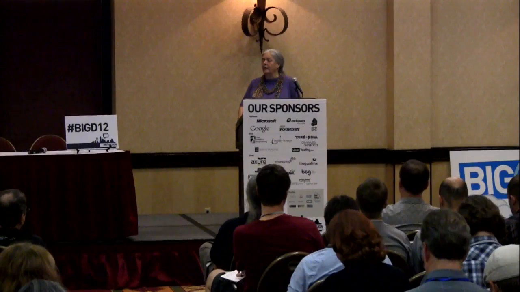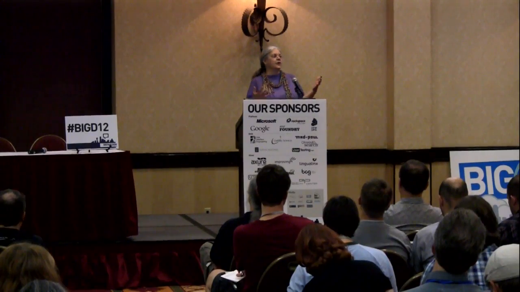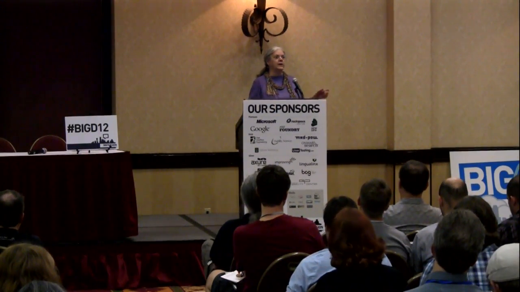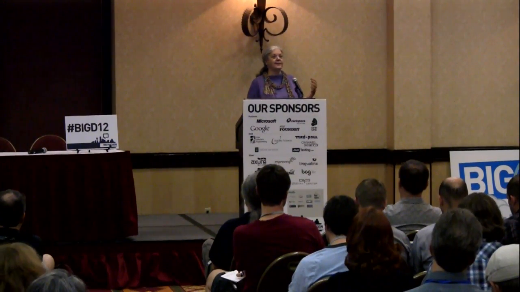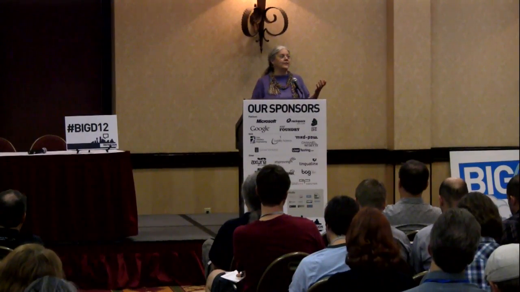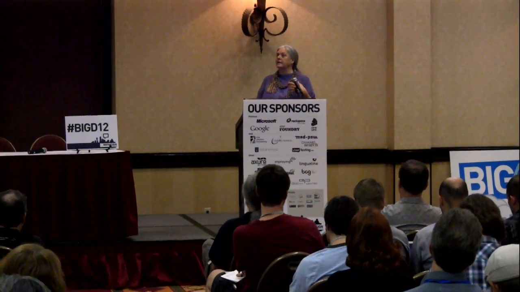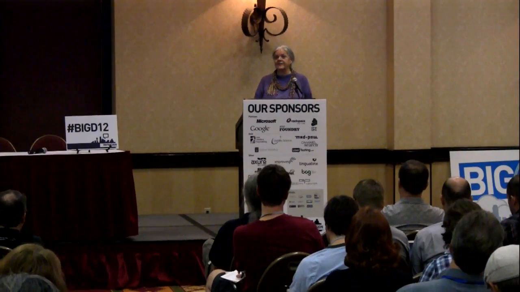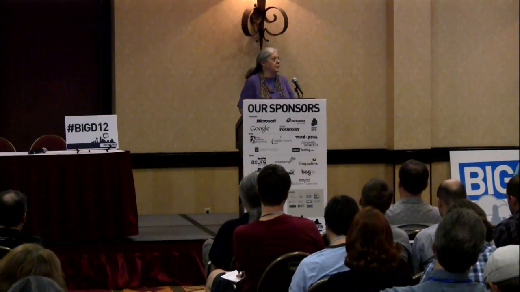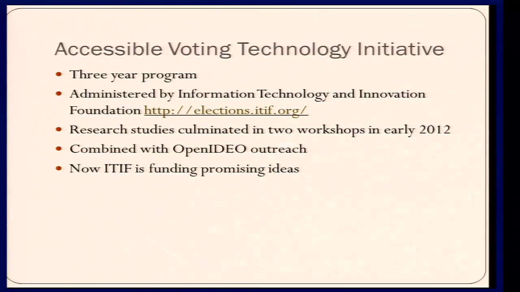And so what the Federal Election Commission did then is they started this whole initiative to help America vote. And one of those aspects was, do people with disabilities have equal access, especially as we introduce these touchscreen systems that weren't designed by Apple, and other kinds of electronic voting that cause certain barriers. Are the polling places themselves accessible to wheelchairs and to people with disabilities? So out of that consideration came what they called the Accessible Voting Technology Initiative.